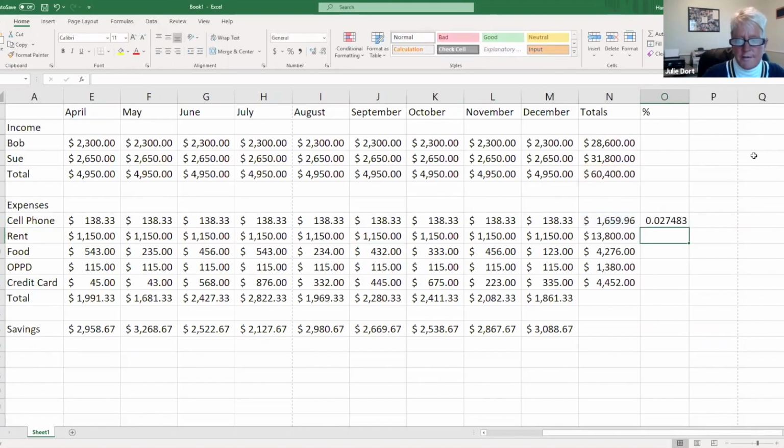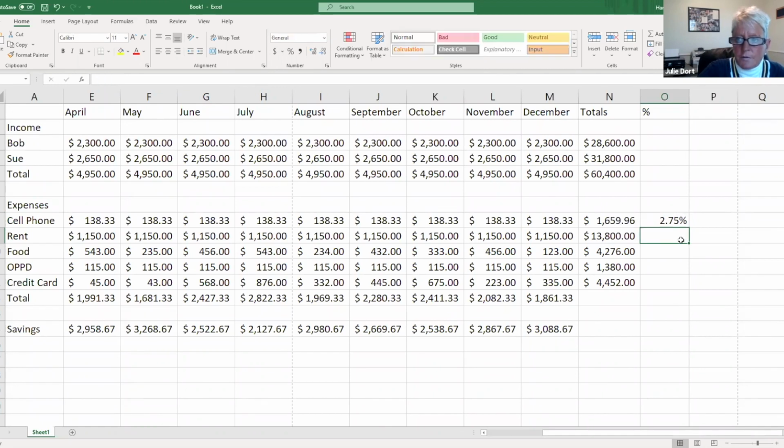It will default to that, but I can very easily go up and select my decimal, go up to the numbers group and click on the percentage. Once you do that, it will round your percentage. Again, you can increase the decimal or decrease the decimal. So if you want it to be more of a true representation of how much you spent,